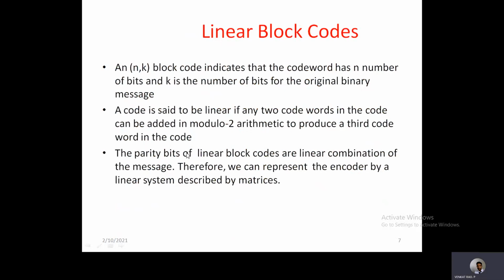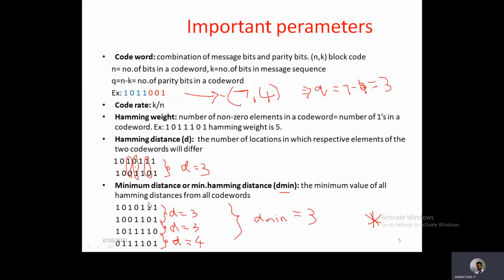So don't worry about this statement. For example, if you observe this, these are the set of code words generated from the linear block code or from any code. If this code is said to be a linear block code, then the condition is that by adding any two code words, the resultant will be another code word in the same set. For example, if you add these two, the result may be any of these two. Similarly, if you add these two, the result may be any of these two. So that means addition of any two code words will give you a different code word.